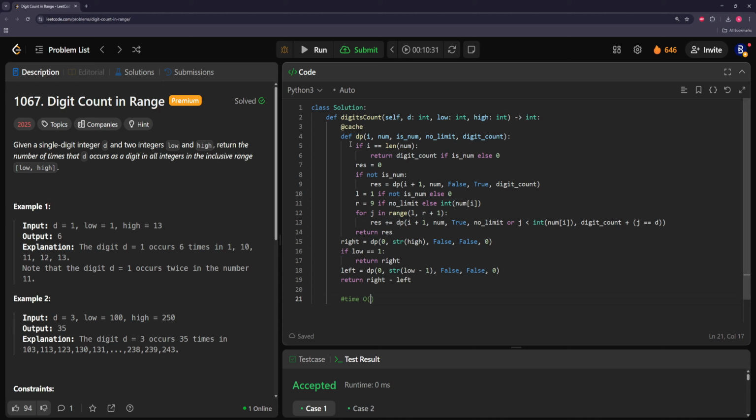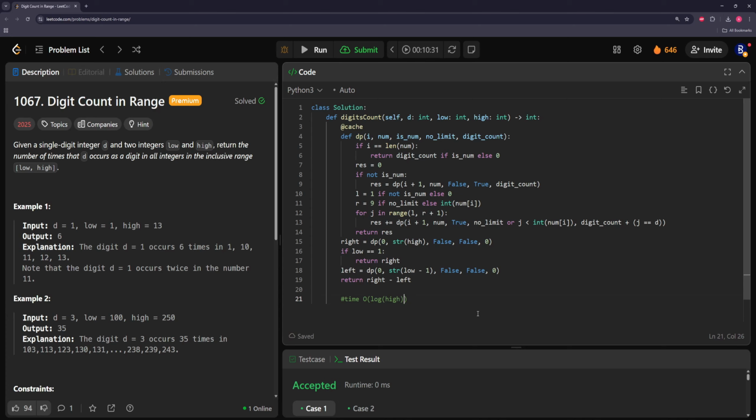The important thing to recognize here is also like num will only be one of 2 numbers. So even though we're caching, it doesn't matter. Like this doesn't add much. This is also Boolean. This is also Boolean. So the only actual factors are i and digit count. So i is going to be log of, let's call it the high, and digit count. Yeah, the most it can ever appear. Actually, digit count is only like